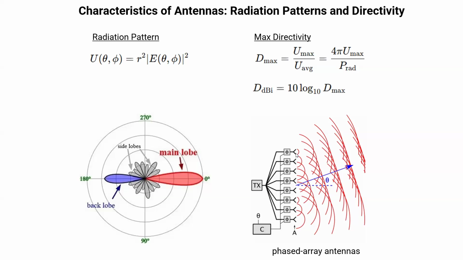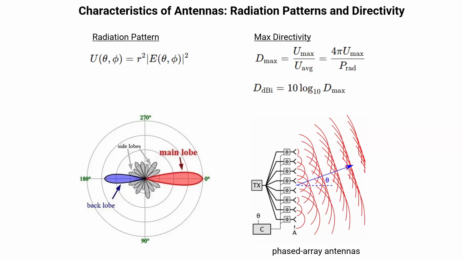Okay, so we simply use the fact that if radiation from different antennas is coherent, then the total radiation from the entire system is the superposition of all these partial radiations from every one of these antennas. And if I put many of these radiators, many of these antennas, using this approach, I can achieve very high